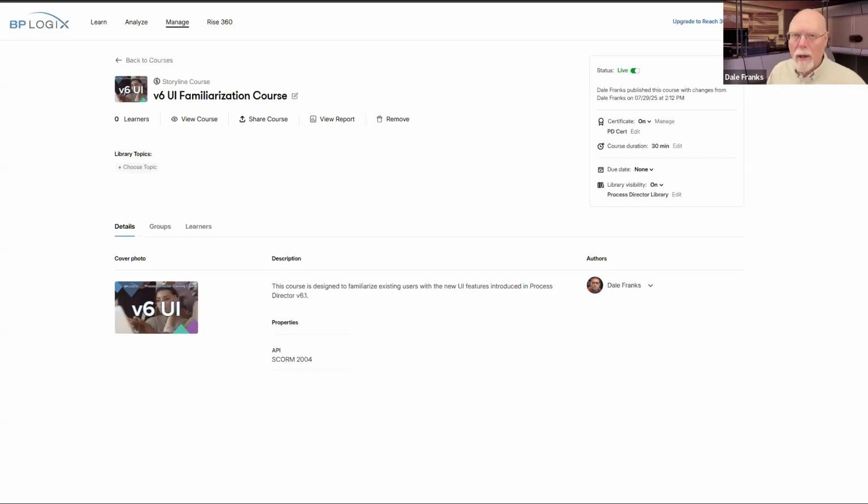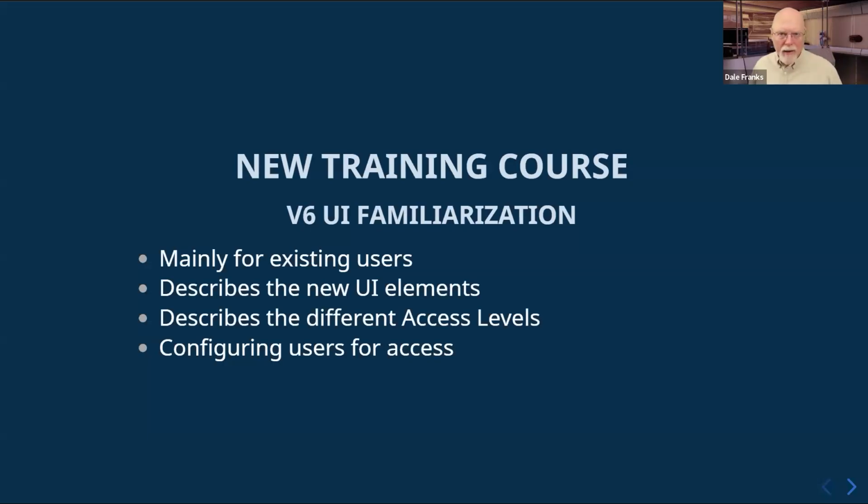It is solely about the version 6 UI and the changes that have been made to the UI. It walks you through the UI changes and then gives you, in the second lesson, more information about how you can set up the different access levels in the new UI.